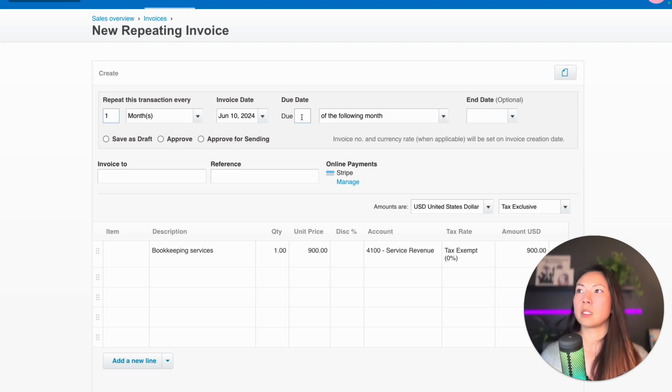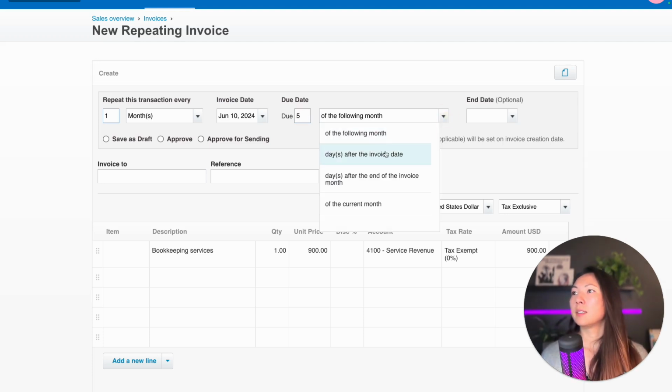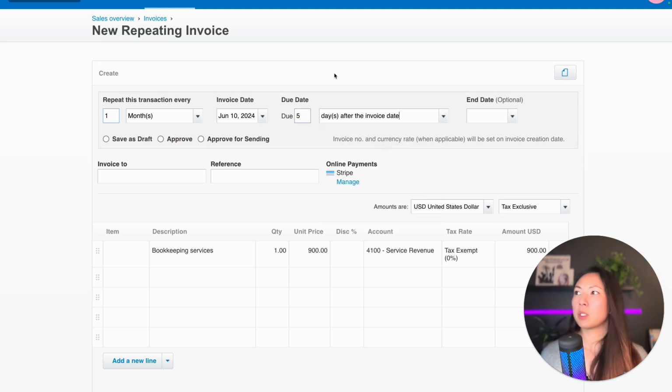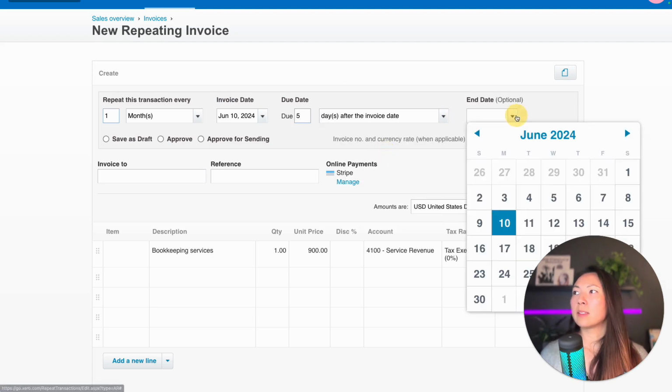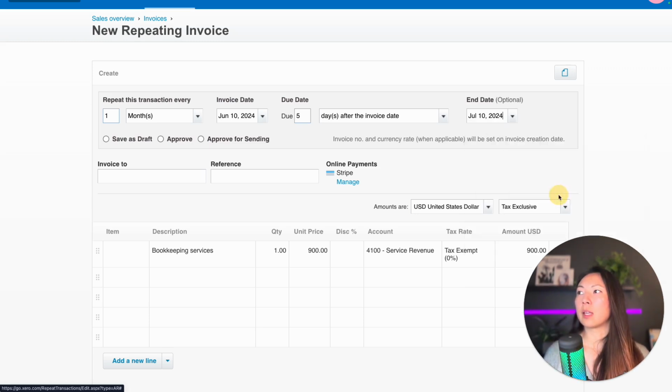And then coming back up to the top, let's just make sure to fill out the rest of these invoice template details. So we'll have this due on the 5th of, let's do 5 days after the invoice date. The end date, again with the repeating invoices, is when the last invoice is going to be repeated. So if we have this set for July 10th, that means that this invoice is only going to recur once. It's going to create once on June 10th, and then it's going to be created one last time on July